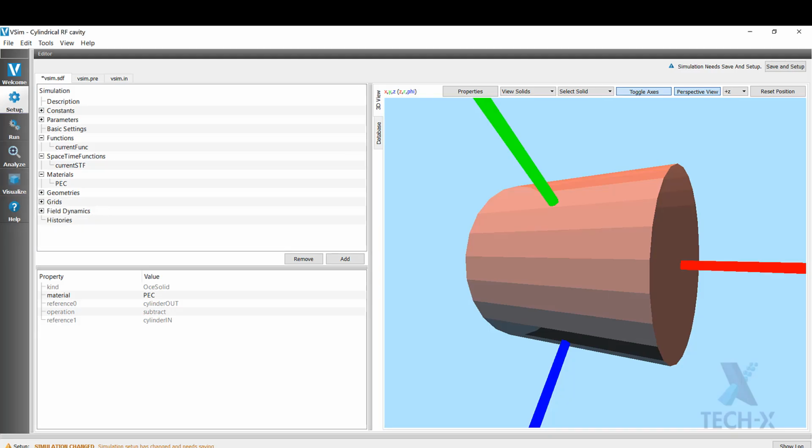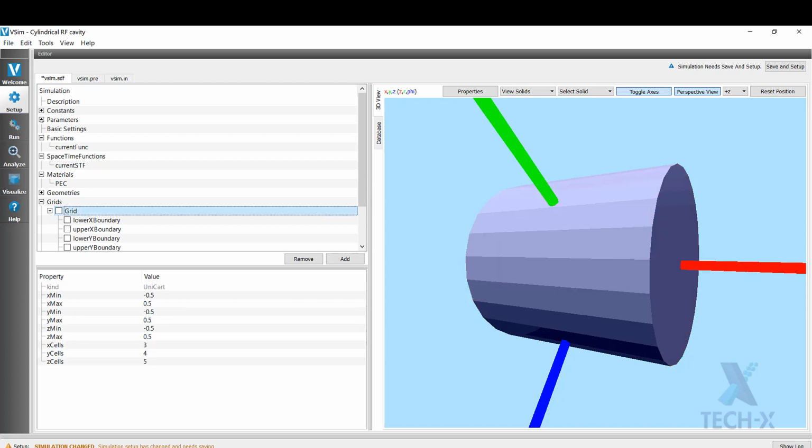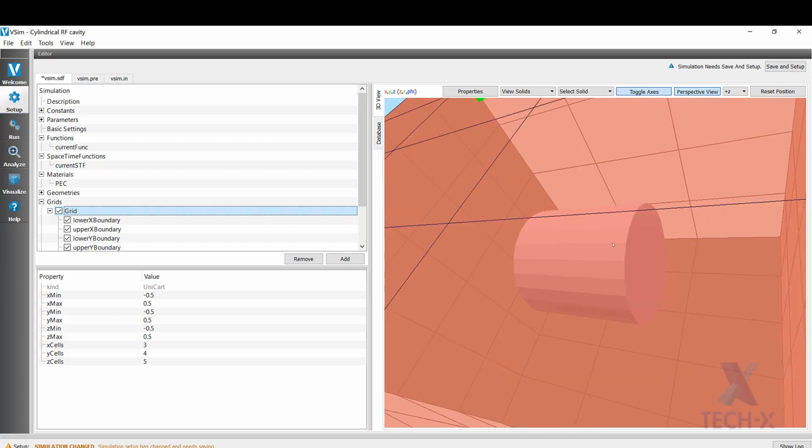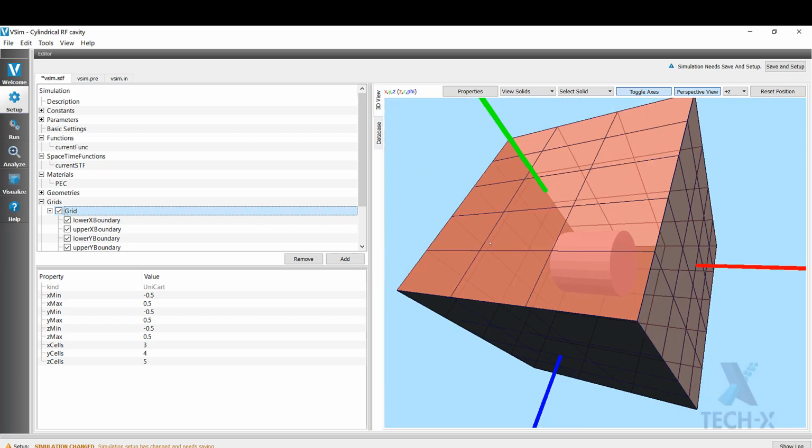Now that I have my geometry all set up, I can work on my grid. And if you remember, I've made the grid in such a way that I know exactly how many cells I want in each direction. Now, let's see what our grid looks like at the moment, and the predefined grid is way bigger than the